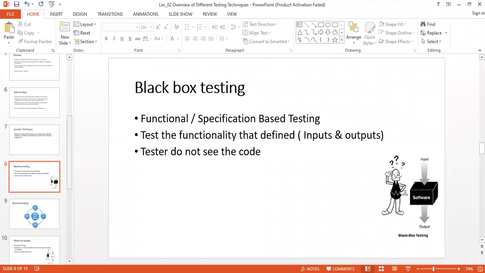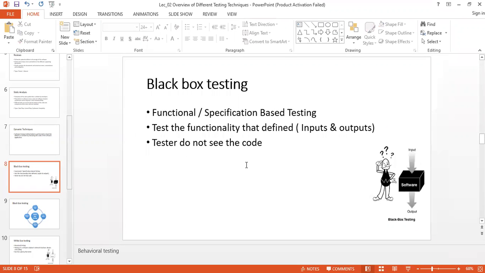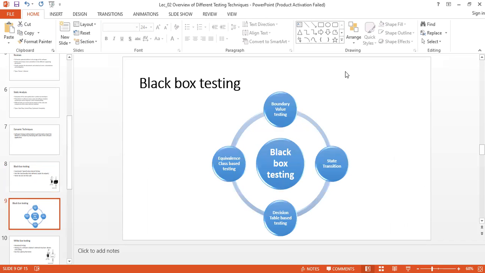We input a set of values and check whether the desired output is given. We will talk about how it is going to be implemented. As black box testing techniques, we have 4 sub techniques: boundary value, state transition, decision table testing, and equivalence class based testing.